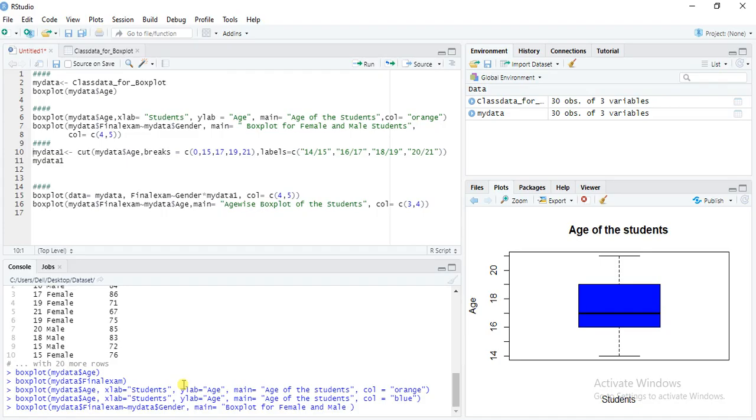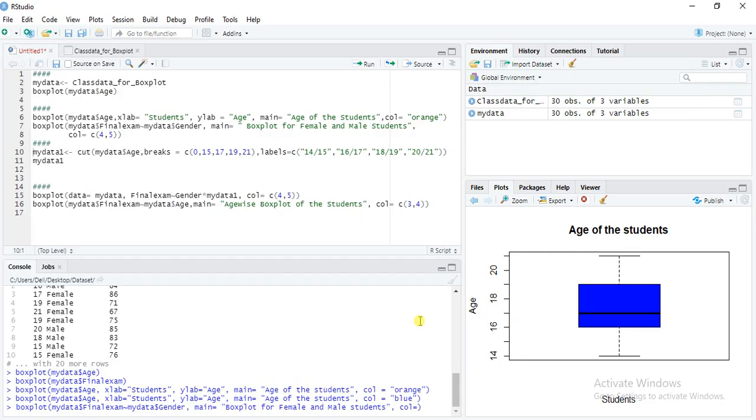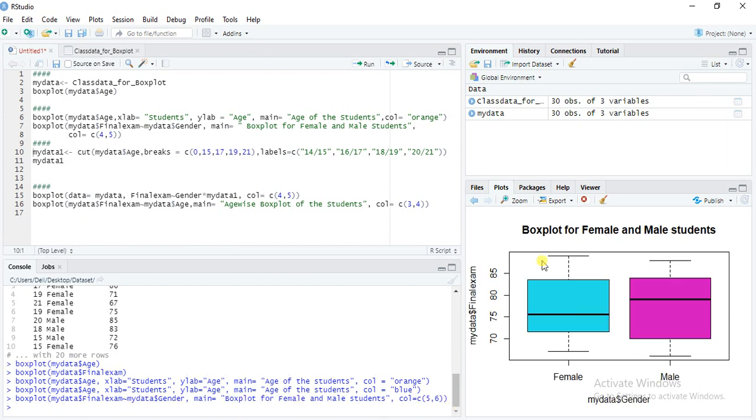It means we are creating two graphs, one for male and another for female students, comma, color scheme. We want to give some color also. Here I am giving a color vector, c(4, 5) or similar. We can choose any color, and then enter.